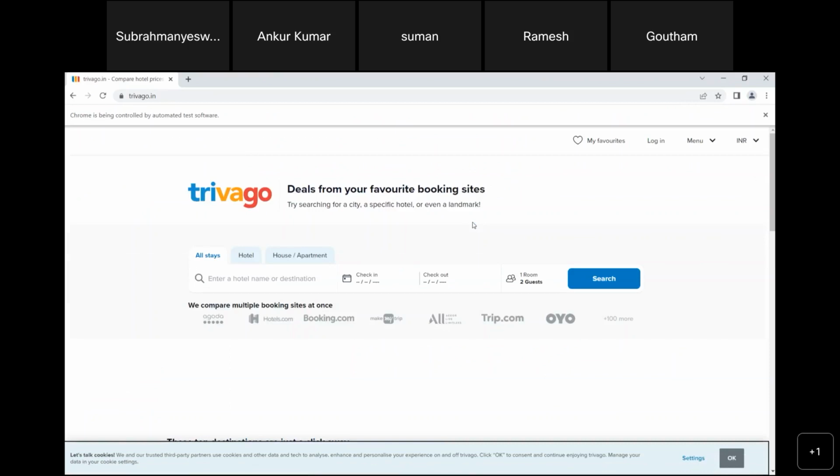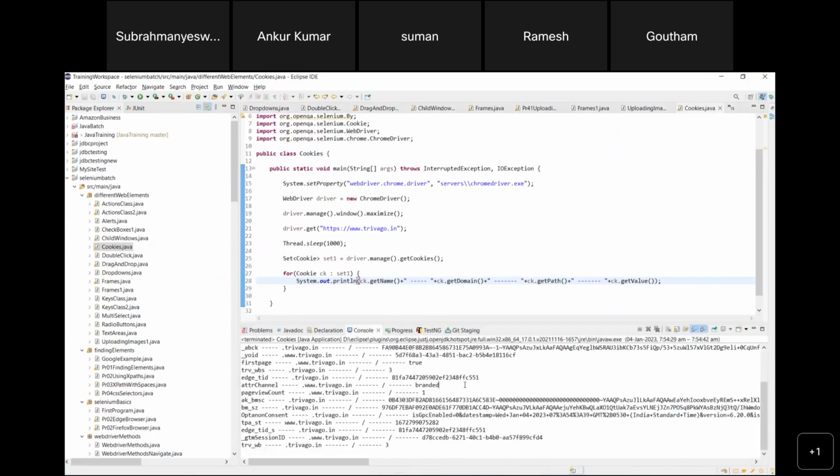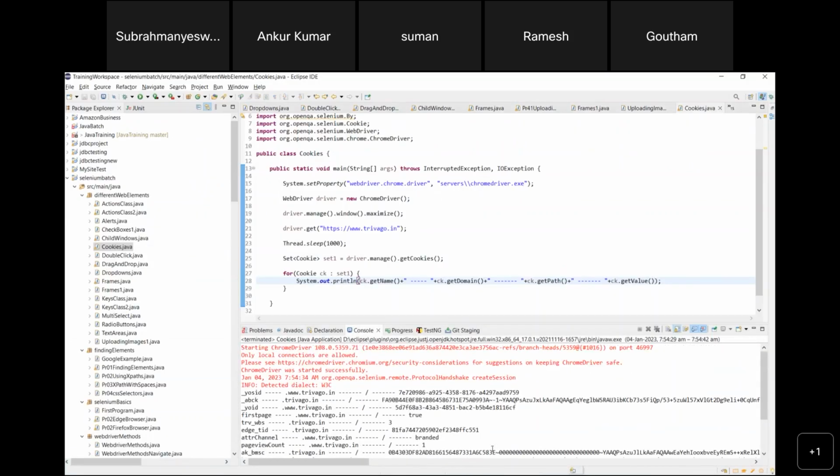Okay, so this is the value of the cookie. A cookie object will contain all these values. We will use cookie.getName, cookie.getDomain, getPath, and all these things. Okay, so now let us say,